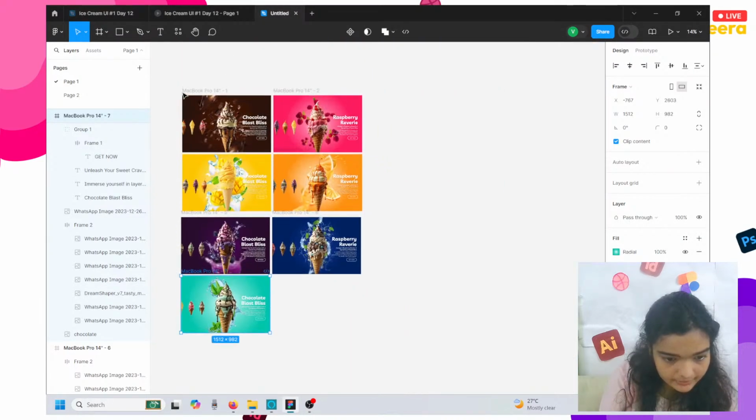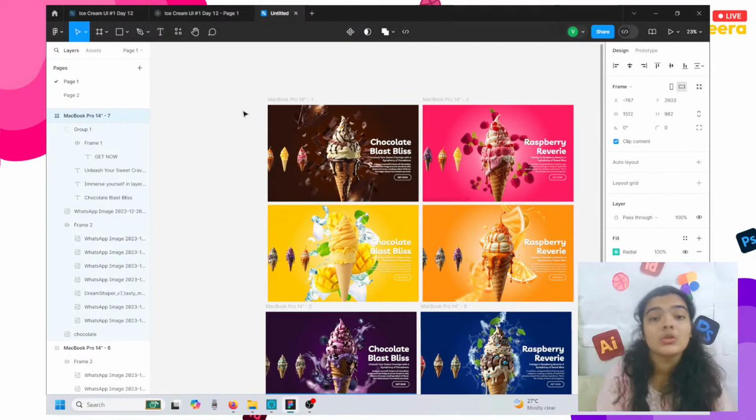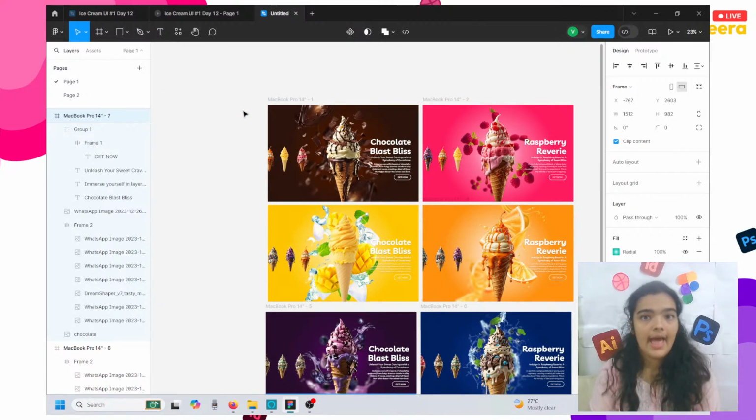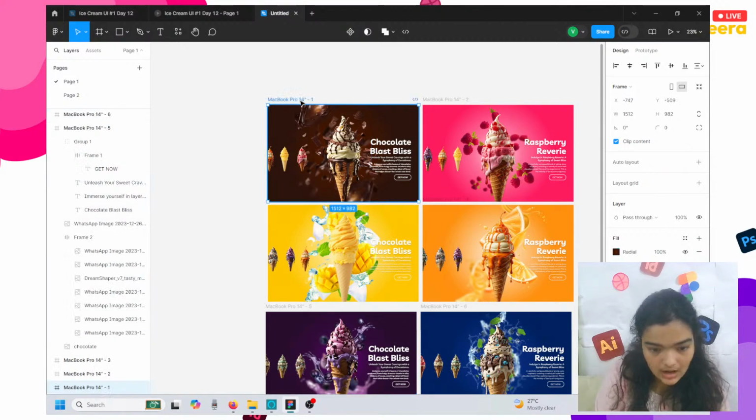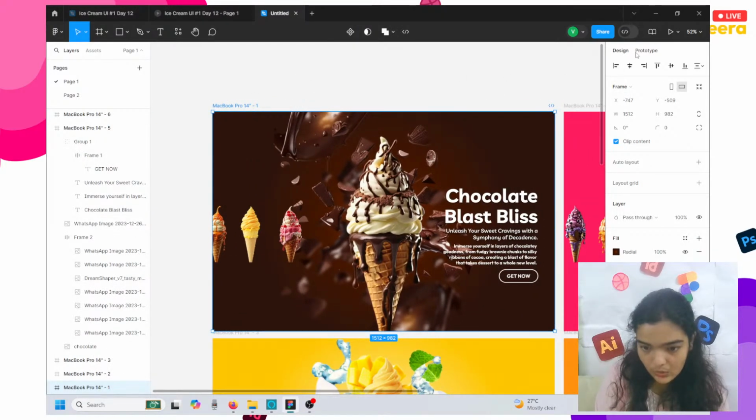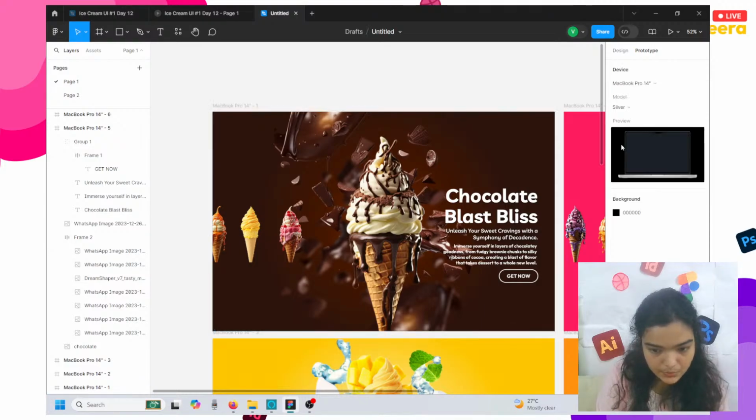Alright, and now we have all of our different UIs ready. This is the most exciting part. Now we are animating the whole thing. It's coming together. Let's start by prototyping the whole thing. We'll just go to the prototype section, show prototype settings,